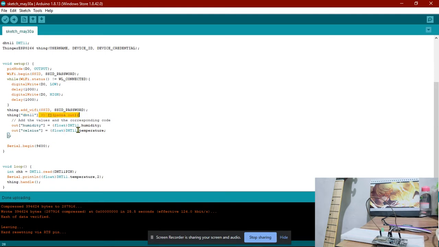Here are the arguments to save the value. The values are humidity and temperature. For the temperature, I wrote it as Celsius, and I got the values directly from the